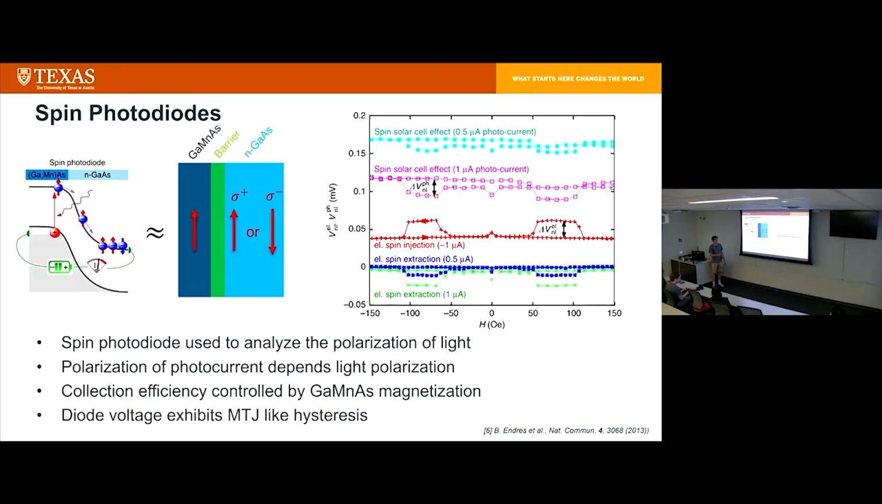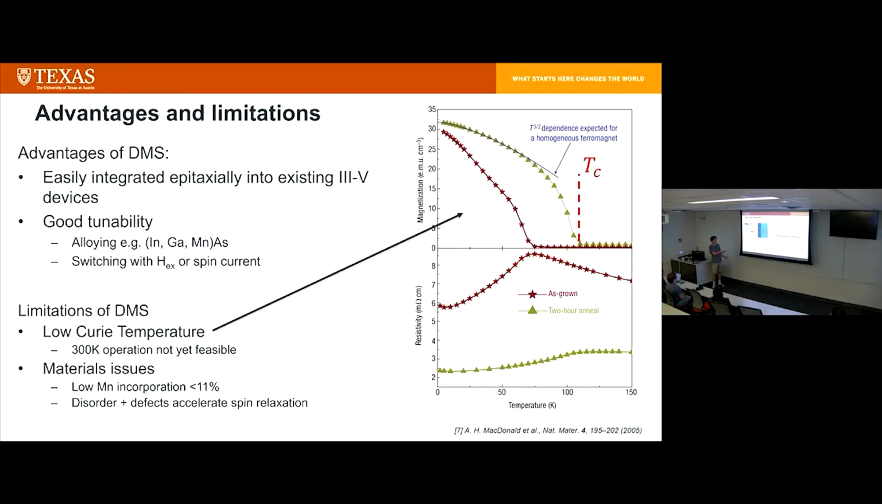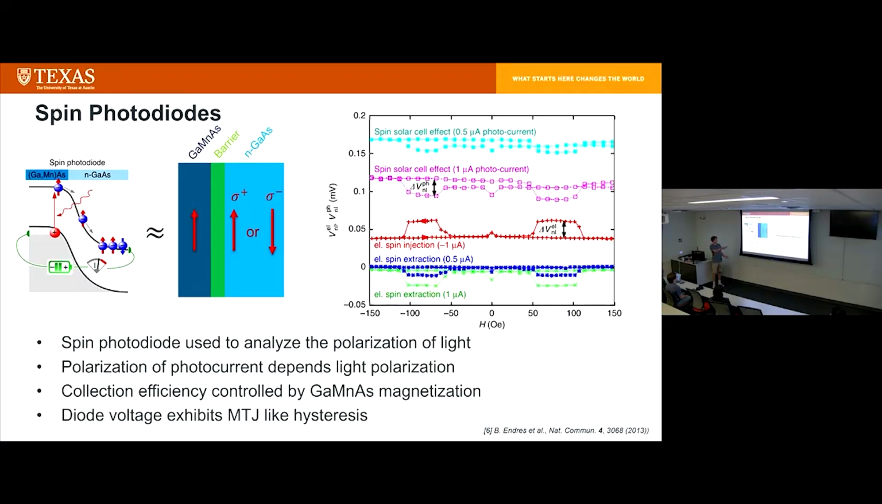When you apply a circularly polarized beam of photons illuminating the device, you generate a spin polarized carrier density, and those carriers get collected with different efficiencies depending on the magnetization state of your DMS layer. And so what will happen is that the spins tend to accumulate in this n-type gallium arsenide layer depending on whether or not you're absorbing the right or left polarized photon. And if you kind of squint and turn your head sideways, what you'll find is that